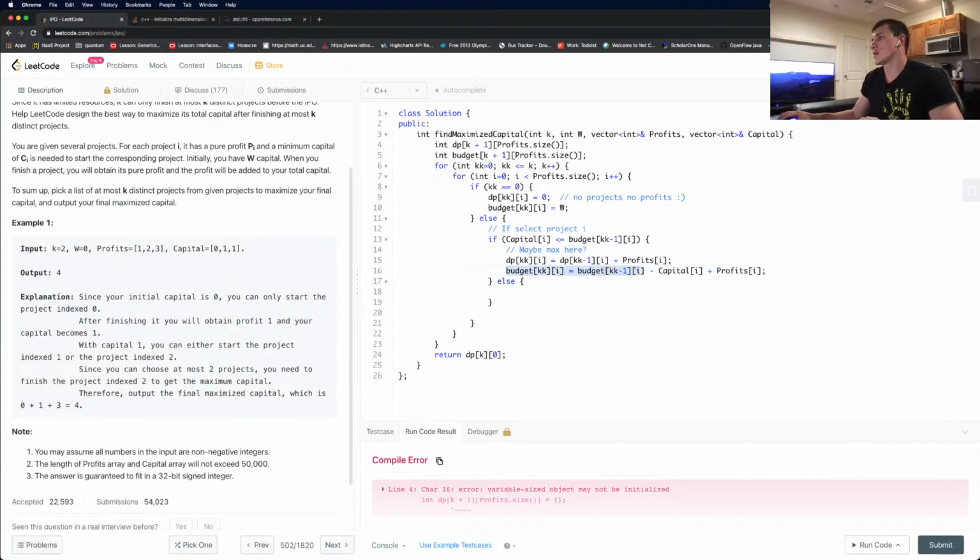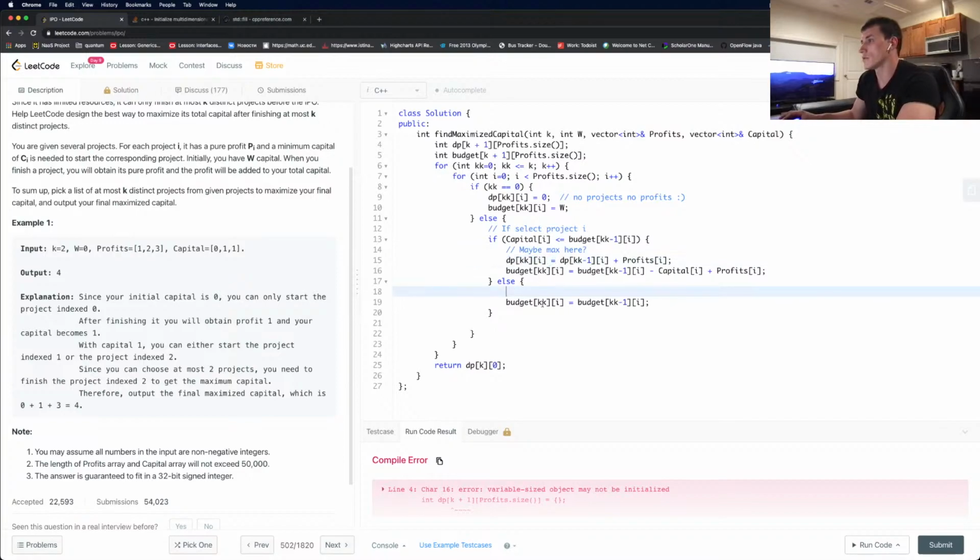Then the budget kk remains the same, and the profit we get from this remains 0 because we haven't selected anything. Now it's still half the puzzle here, because now we track the budget changes as part of changes in whether we have selected or do not select it, right?